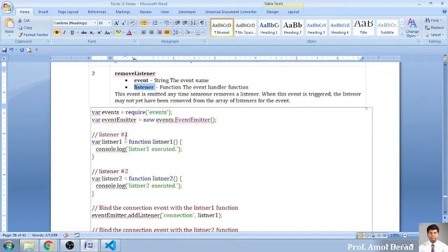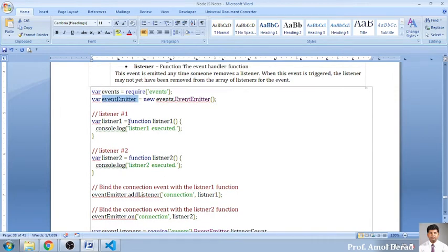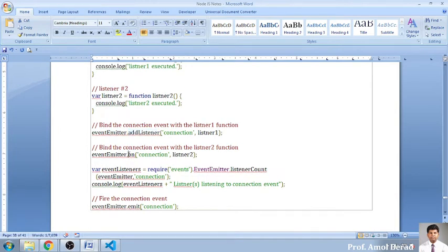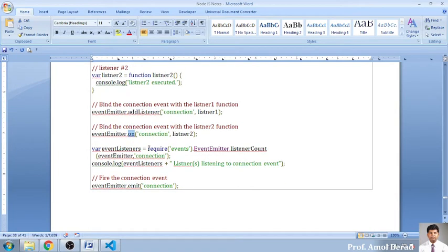Now a small example where we will inherit the events module and create an object of the EventEmitter class. Then we will write the first function, listener1, and a second function, listener2. With addListener we will add the listener, and on will bind the listener.